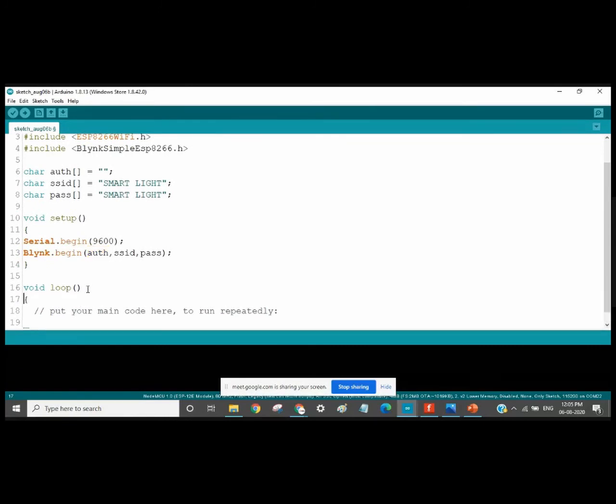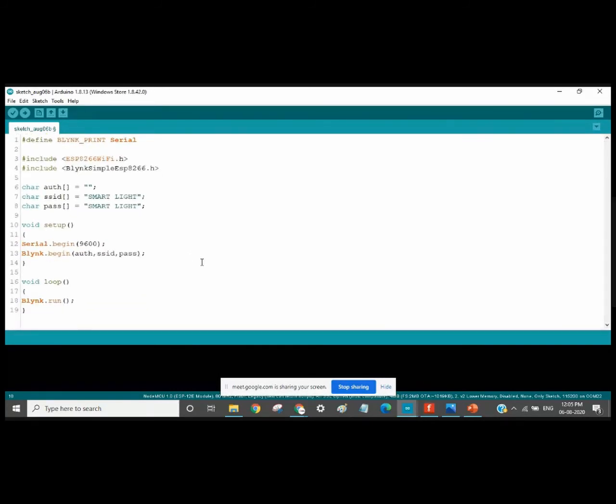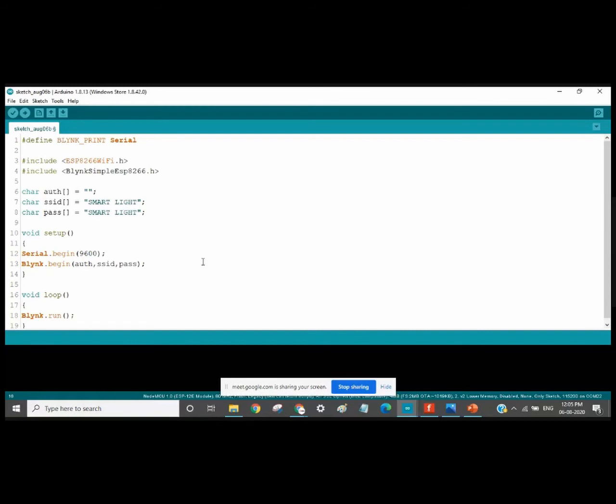Now we will write the main code. I'll delete the comment from here and start writing the code, and the code for this will be Blink.run. That's it. We have written the code for the remote server part.